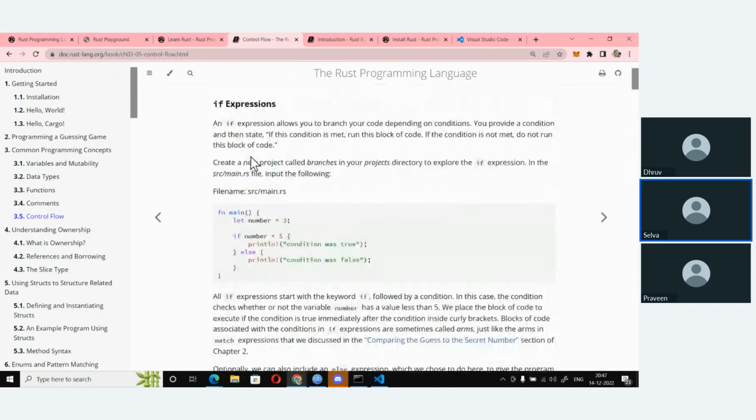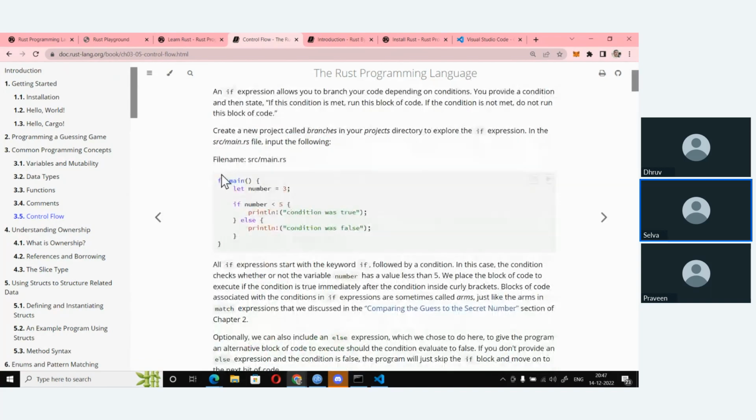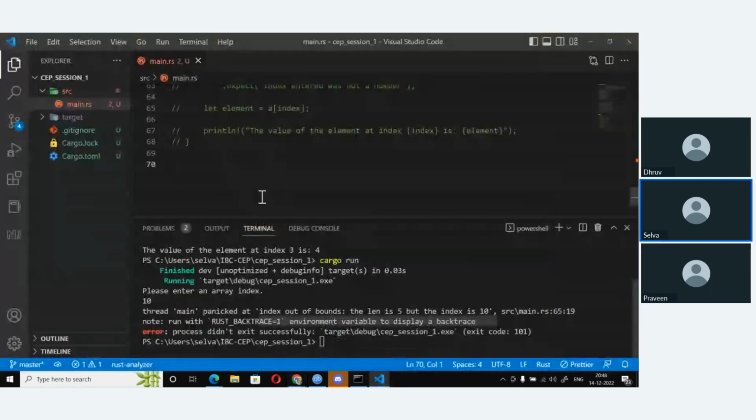So we already know what if expressions are, right? Basically, if followed by a condition. Now remember, the condition need not be enclosed in parentheses like we do in C++ and Java.